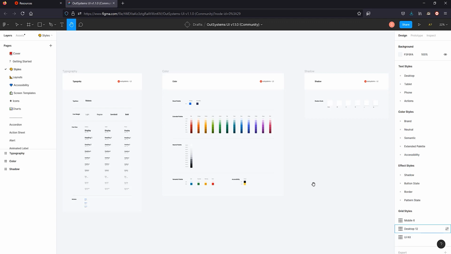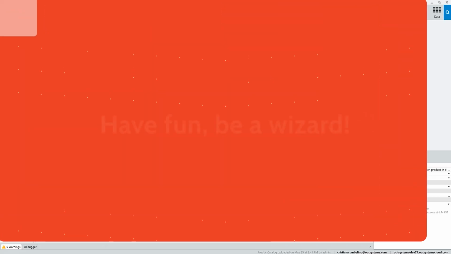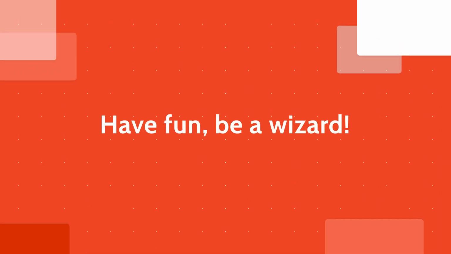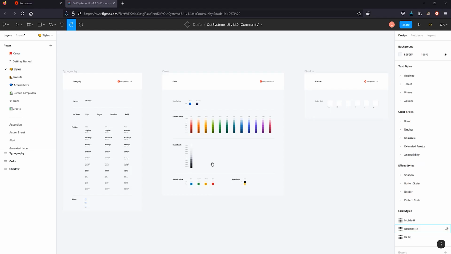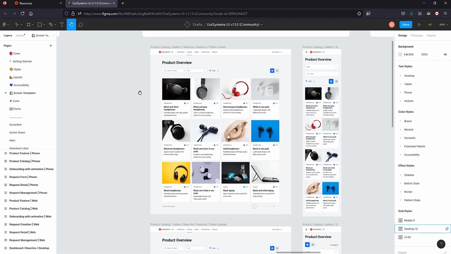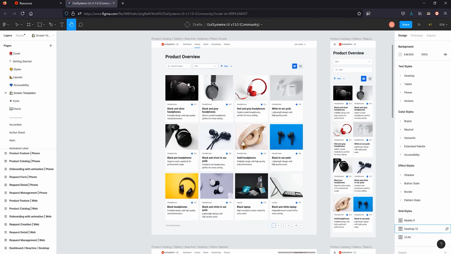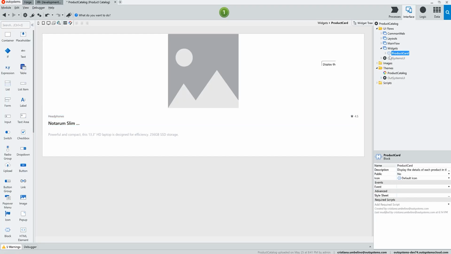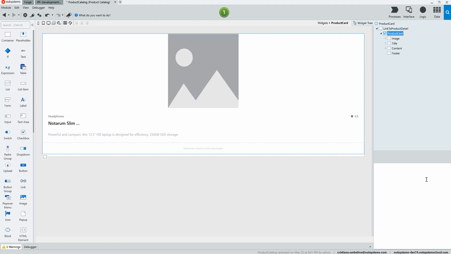So with all that said, let's take a quick look at how all of this looks in Service Studio. And I've already implemented some stuff. So this is the product card, right? And let me show it one more time. And we can see here that we have an image that takes the whole space, the headphones, with the 2-section kind of thing, the title, the name of the product, and the description, which translates to this,